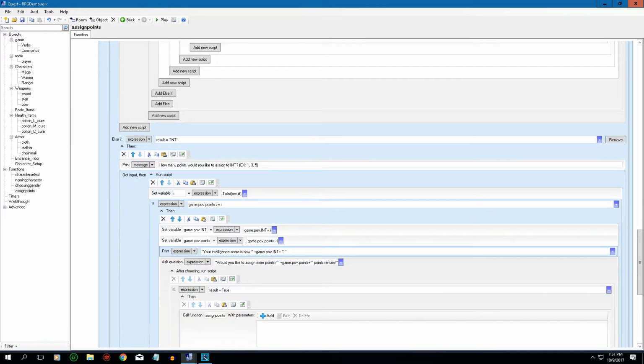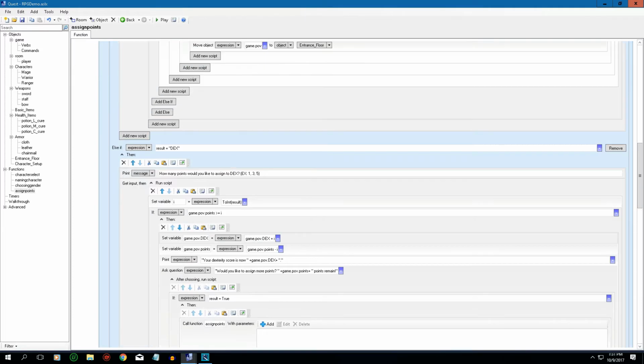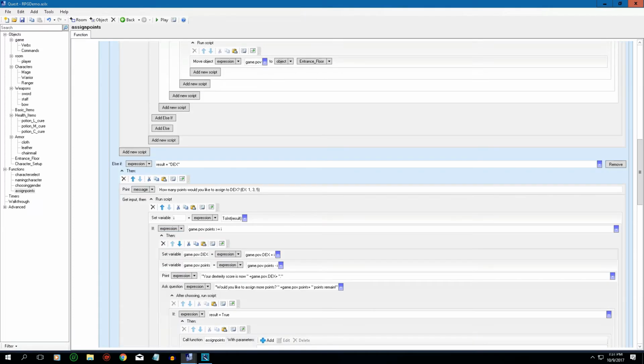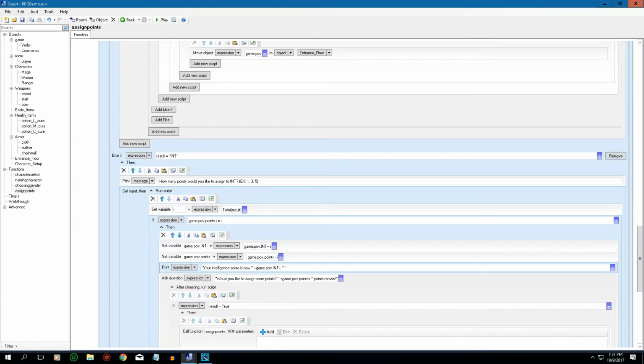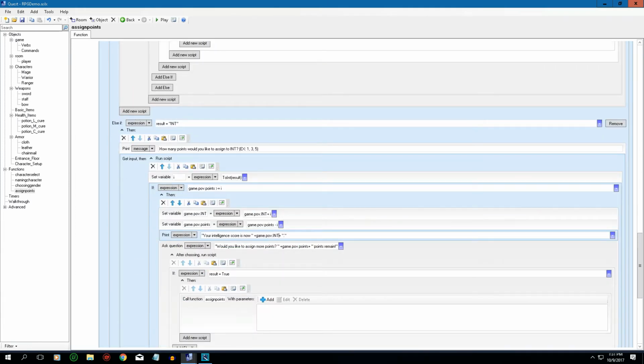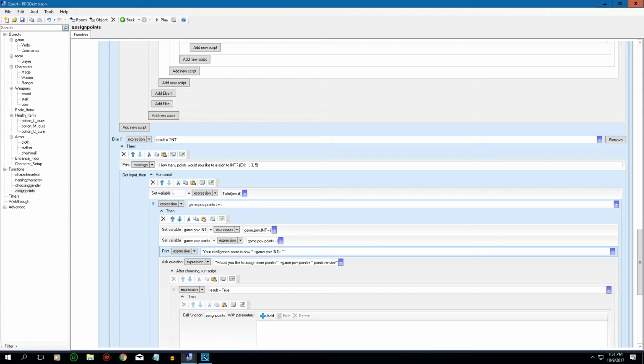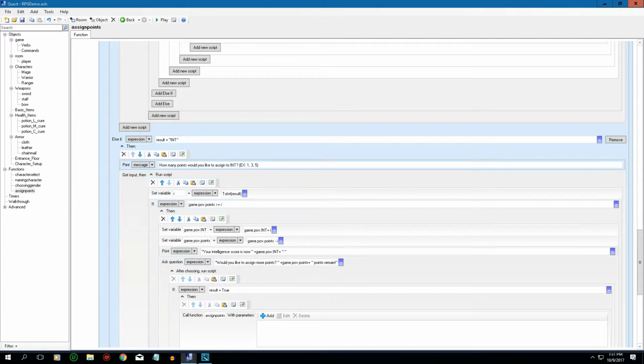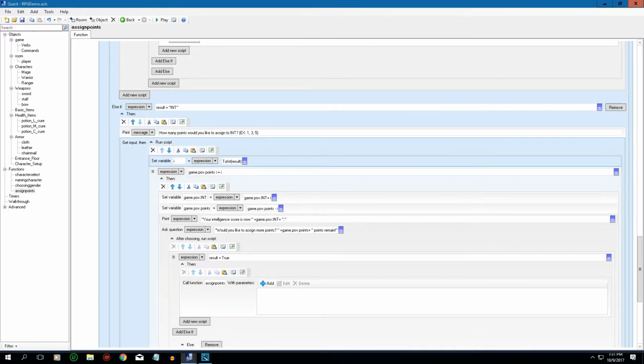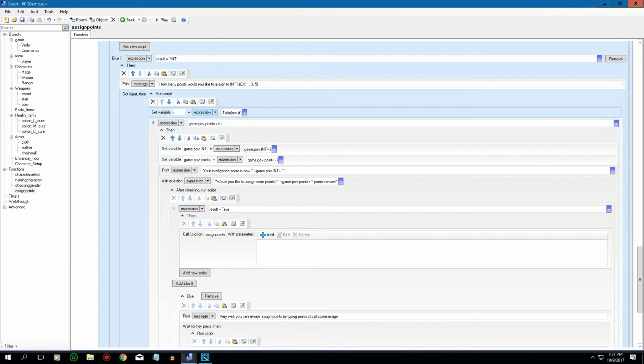Okay, welcome back, and I hope you got it done, and we're going to go over it and see if you got it done. So, if you came out with this: add else if expression result equals quote int, then print message, how many points would you like to assign in intelligence? And then we set our variable, change it to a result, grab our